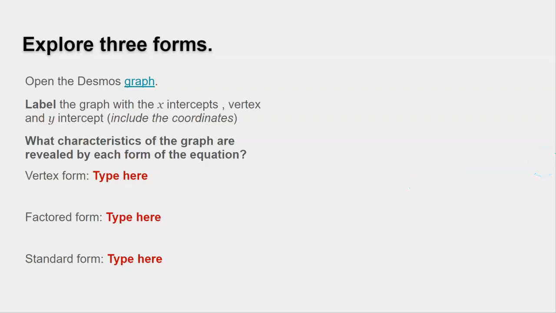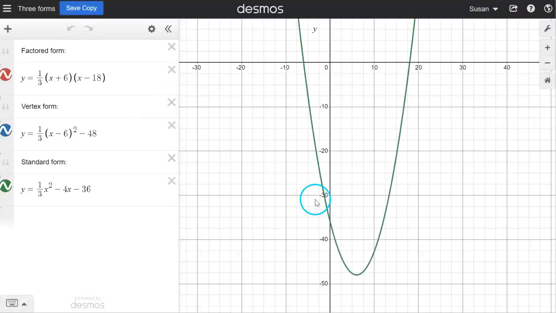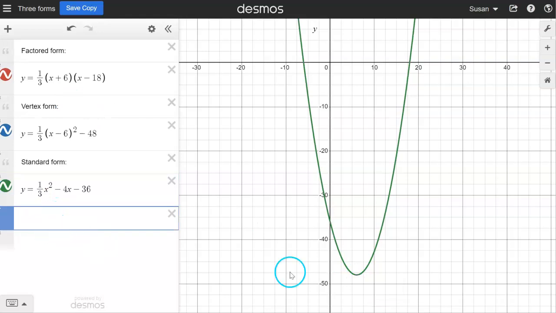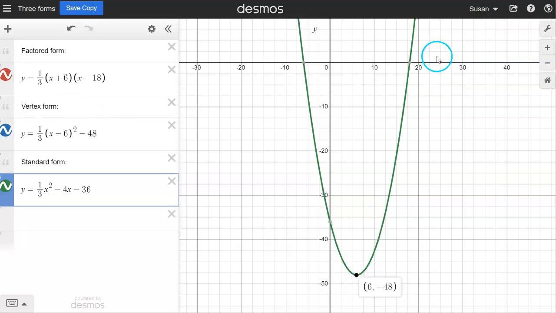So the first screen in their slides, they're going to explore the 3 forms. I've given them a graph, and in the graph I'm asking them to label the x-intercepts, the vertex, and the y-intercept, to include coordinates. They can even include text, so you can direct them however you want to do that. They can click on the graph and they can see the vertex, but I want them to add that label over here. So they'll click here, add a label, and label this point. They want to add the label for the x-intercepts, add a label for the y-intercept,